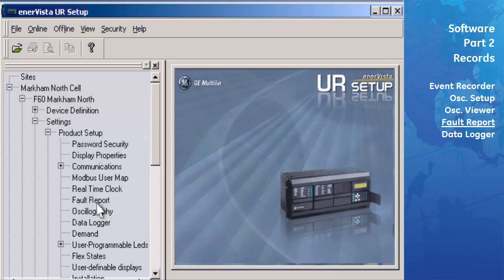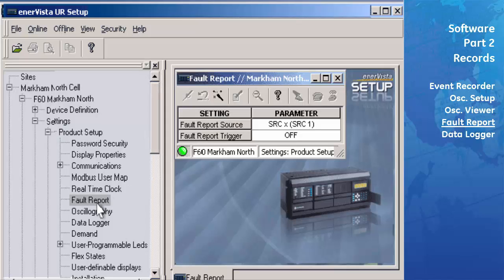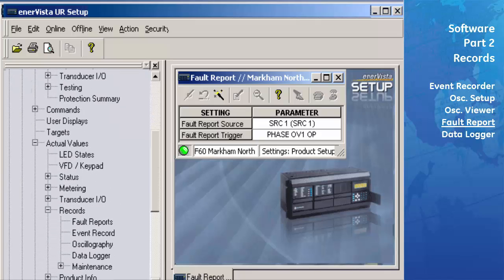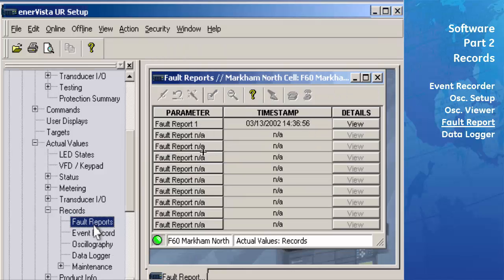The fault report stores data in non-volatile memory pertinent to an event when triggered. The captured data will include name of relay programmed by the user, date and time of trigger, name of trigger, active setting group, pre-fault current and voltage phasers 1/4 cycle before the trigger, fault current and voltage phasers 3/4 cycle after the trigger, target messages that are set at the time of triggering, events 9 before trigger and 7 after